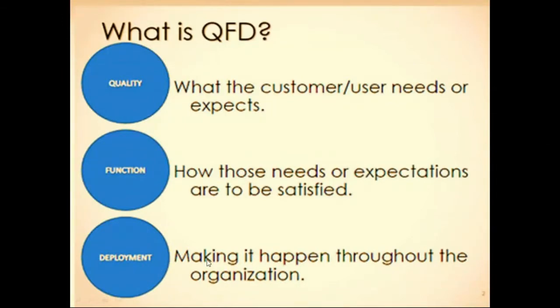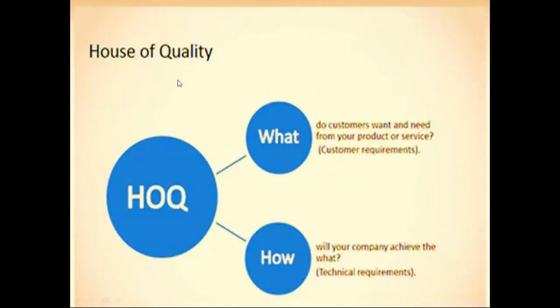Okay. Now, when we find out the how, we put it in a schematic diagram, which is known as the house of quality. This house of quality looks like the roof of a house. Then there will be a body, where rectangular boxes are drawn. One rectangular box will define the customer needs.